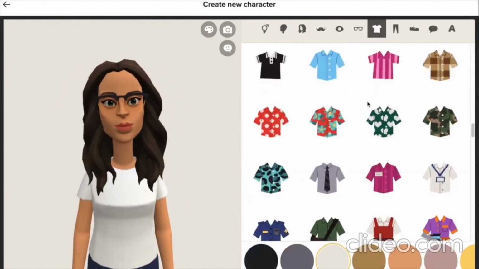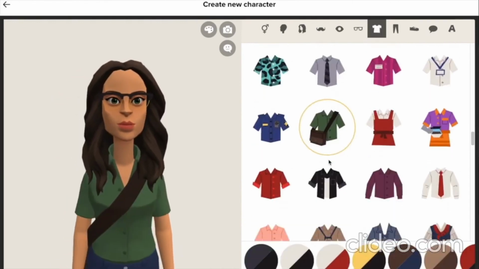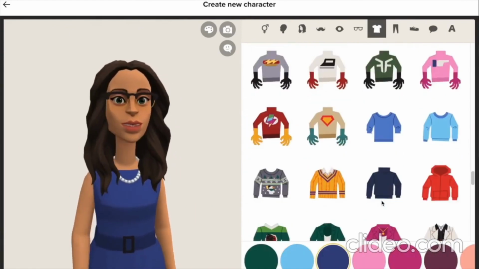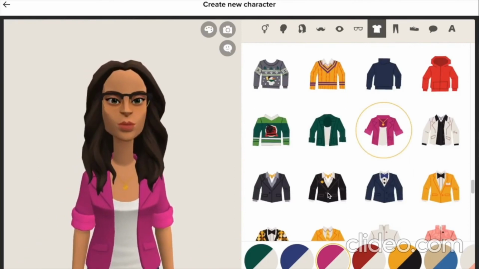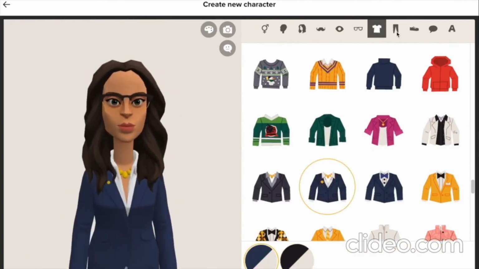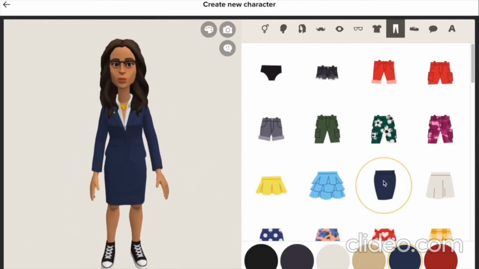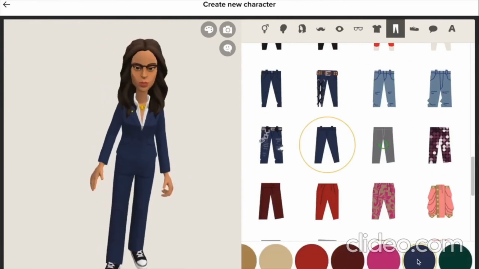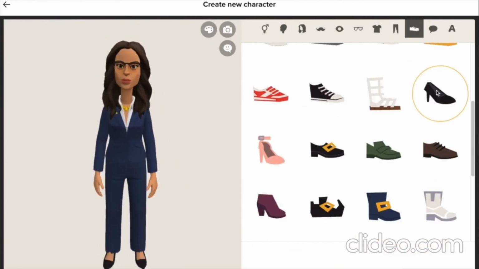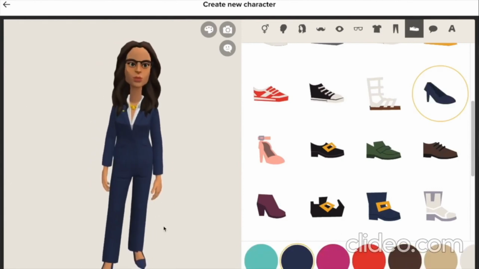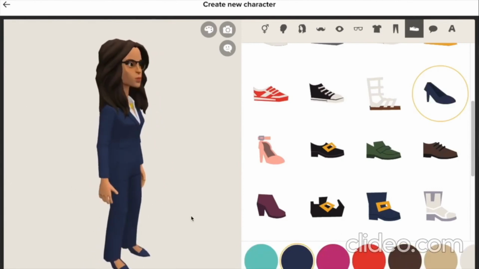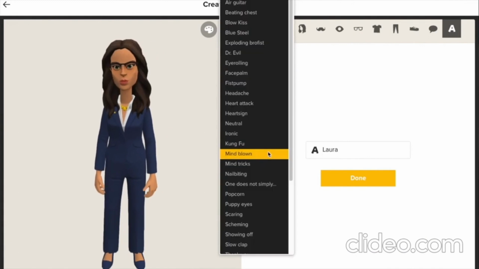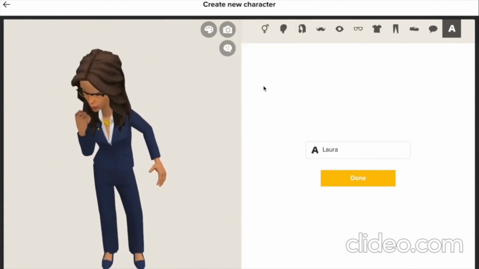We offer a huge range of clothing for all your characters: casual clothes, work uniforms, business attire, formal wear, and plenty of fun outfits in between. The separate tops and bottoms mean that you can mix and match to get just the right look in just the right colors. We even have a nice assortment of comfortable shoes. Notice this is all 3D animation. When you're done, give your character a name and then celebrate. Now we have our character.